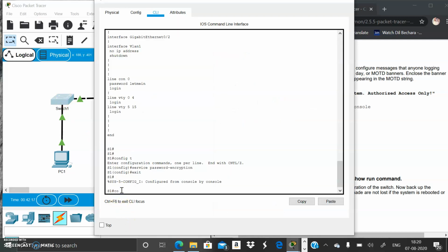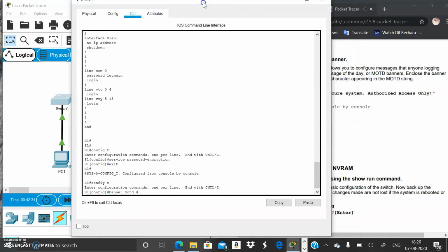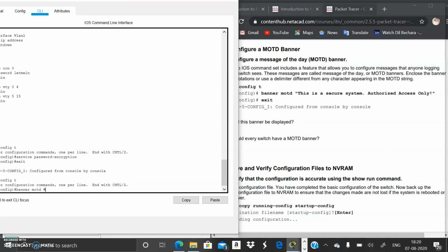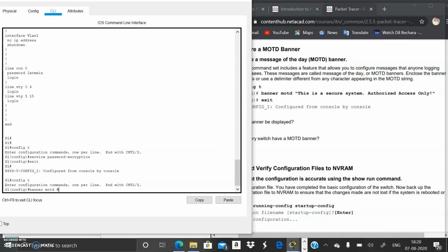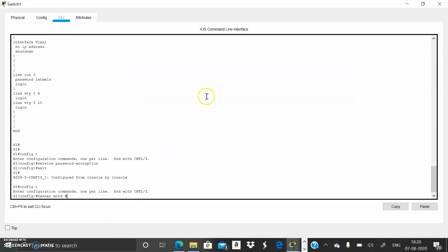Again we have entered into config t, banner motd. We can use any of the symbols, space, slash. Here they have given that this is a secure system, authorized access only. We will enter the same.